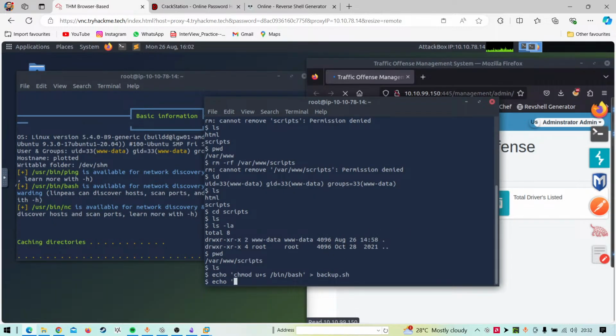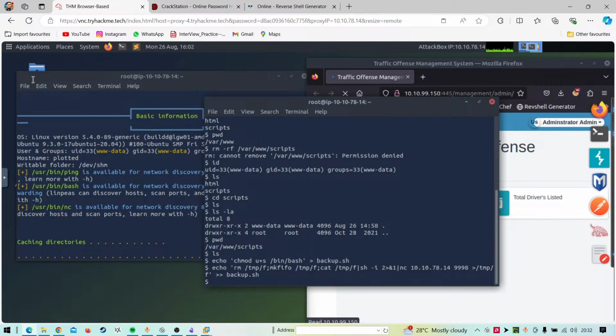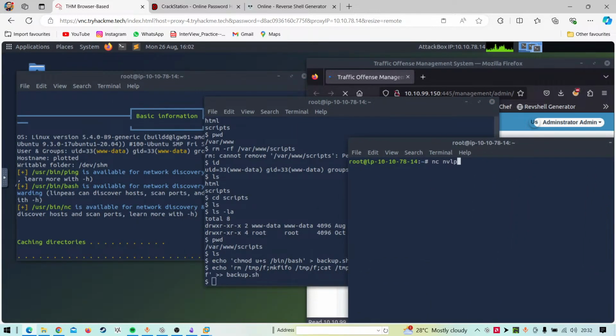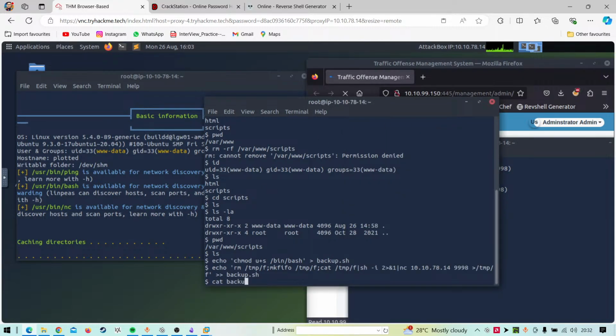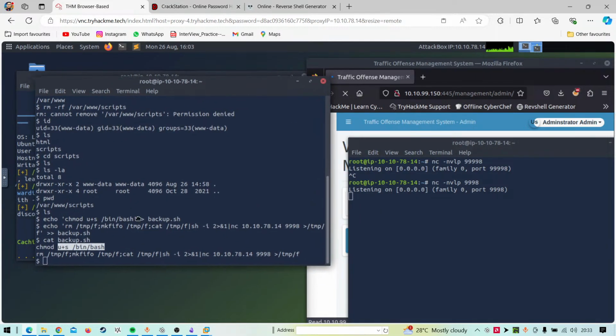and I can just echo this stuff, double append into backup.sh, and it's appended, and we need one more terminal, that's for 9998. So we'll just do that. And if I just cat backup.sh, okay, that will show you two lines of code, and one is for a reverse shell and one is for a pass. And we'll just wait for it,